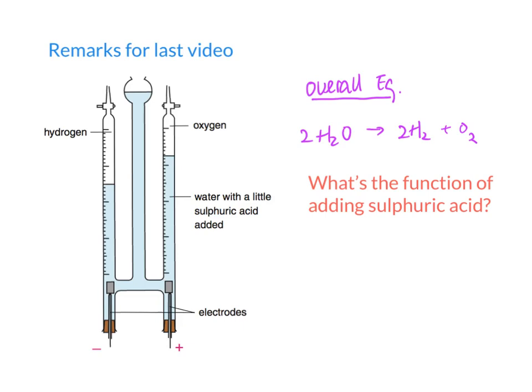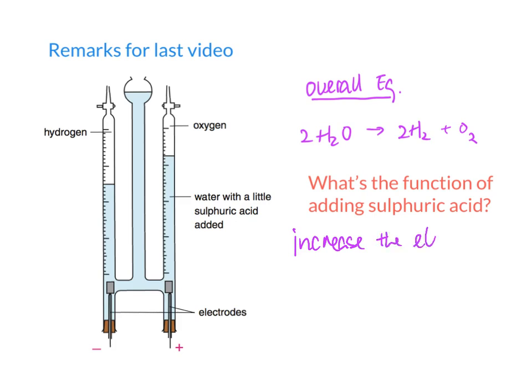If you remember this Hoffman voltameter, we have an equation where the water decomposes and gives out hydrogen and oxygen in the process. This is an electrolysis of water, giving hydrogen and oxygen. Then what is the purpose of adding sulfuric acid? That point you have to remember: the function of adding sulfuric acid is to increase